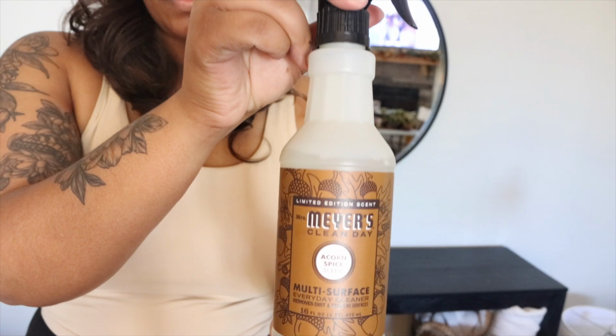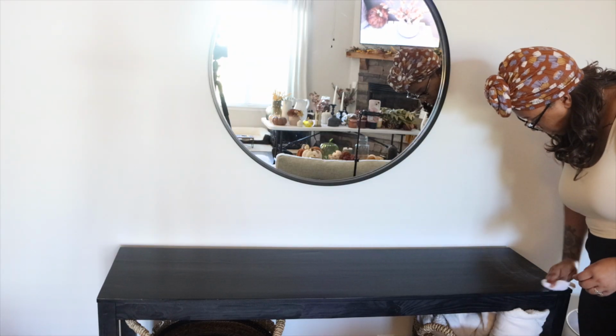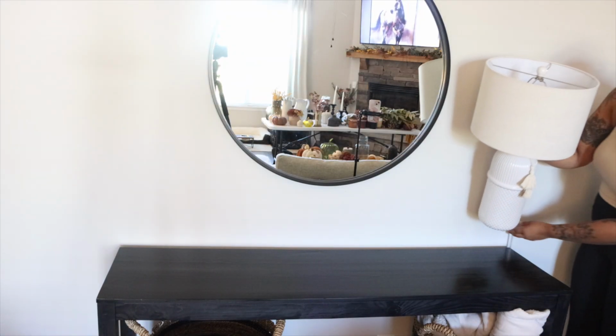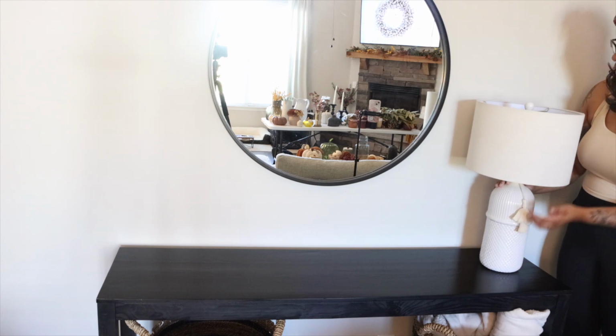All right guys, so we're gonna start off with decorating my entryway table. So I'm gonna start off with cleaning it off before I start to decorate. I'm gonna be using the Mrs. Meyer's Acorn scent. I am using this lamp that I got from Target and this vase that I got from